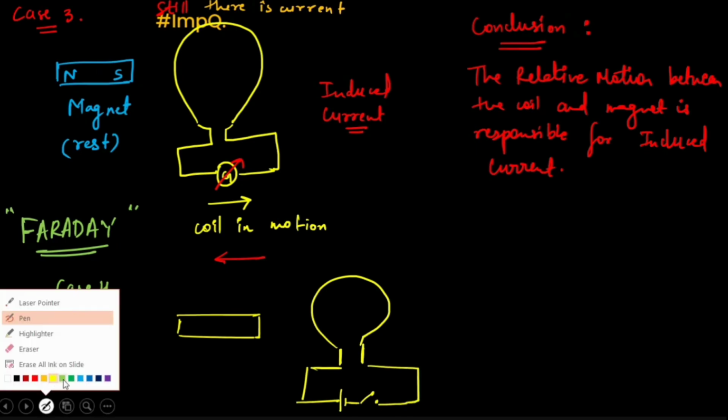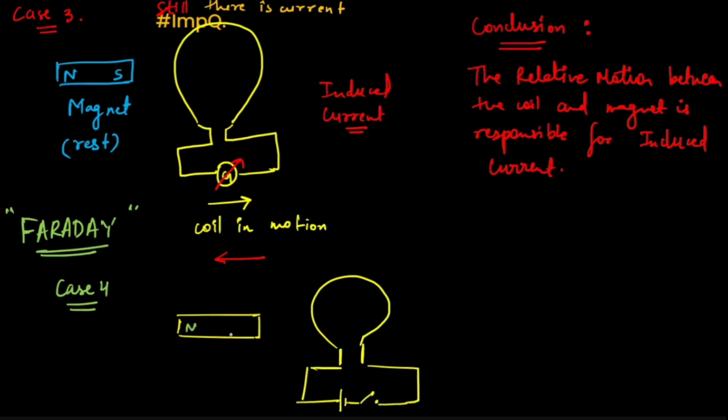Now things become a little changed. So, what he saw here is that when he turned off the switch, or even when he turned on the switch, because of that, what you can see here is